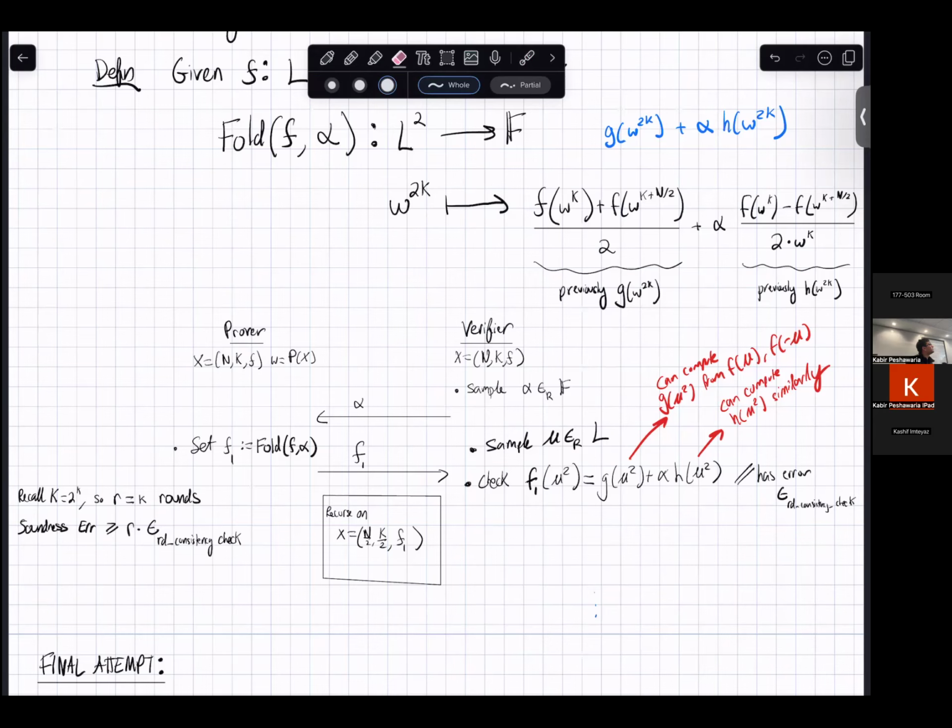I have a question about whether soundness error is a bad thing. You think it should be the other direction? Isn't it already very small? If the soundness error is r times some epsilon for some single round check, the number of rounds is log. If I'm not mistaken, in the end you'll get something that doesn't depend on the rounds. So we can do it better. There's another answer too.